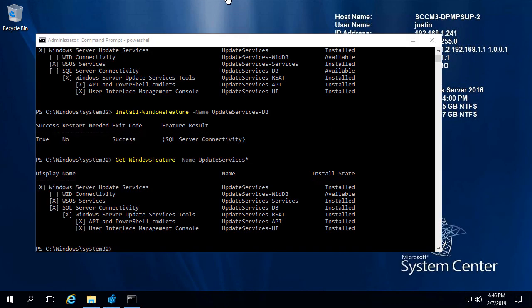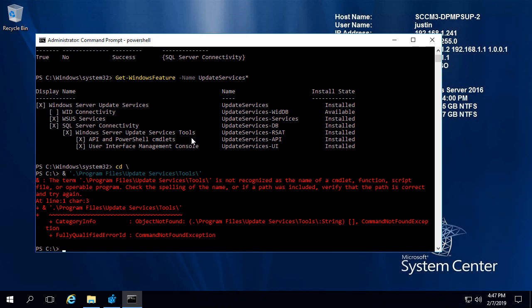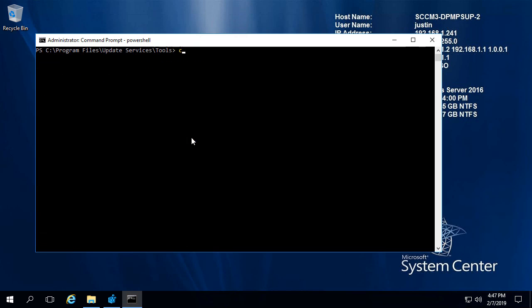All right, so let's go back to our SUP2. What we want to do is navigate to our WSUS installation folder. So we're going to go to Program Files, Update Services, Tools. Oh, let's see, that's CD. There we go. And I'm going to switch to a command line rather than PowerShell for